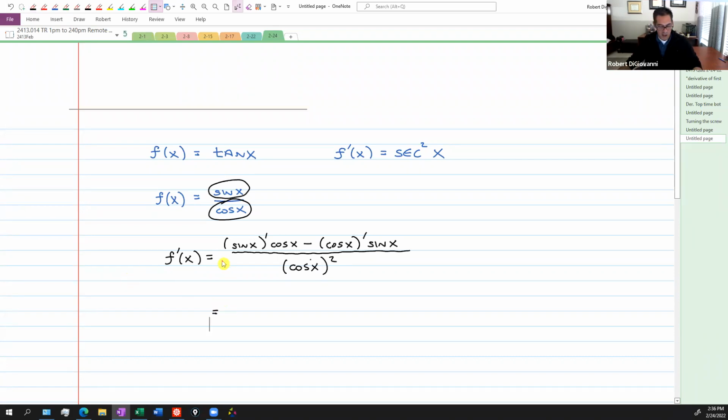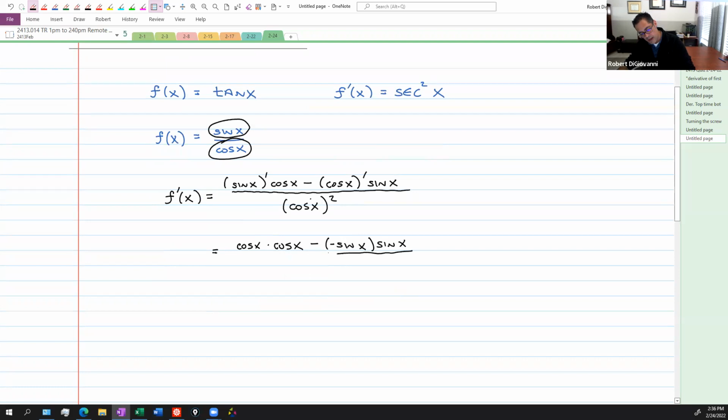The derivative of sine is cosine, so I get cosine x times cosine x. And then I have minus the derivative of cosine of x, which is negative sine x, and then times sine x again. And then all of that is over cosine of x squared. Y'all see what's going to happen? The top is cosine squared x plus sine squared x, all over